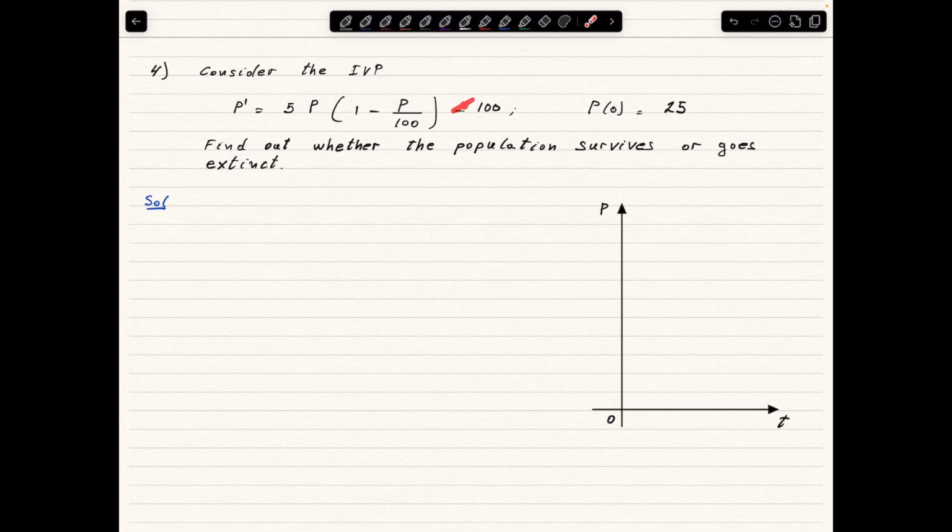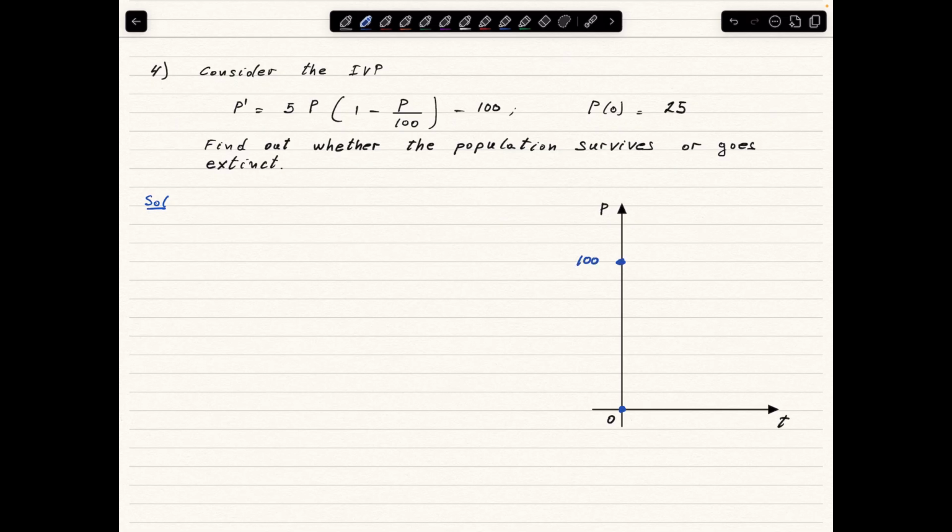For example, suppose we don't have harvesting, then the equilibrium solutions are 0 and 100. So these are important points that we should plot here. The 0 is not an equilibrium solution of the whole equation with harvesting. 0 is an equilibrium solution when we don't have harvesting, which is not our case, but it's an important point. Let's put it there. And the other, let's put it up here,